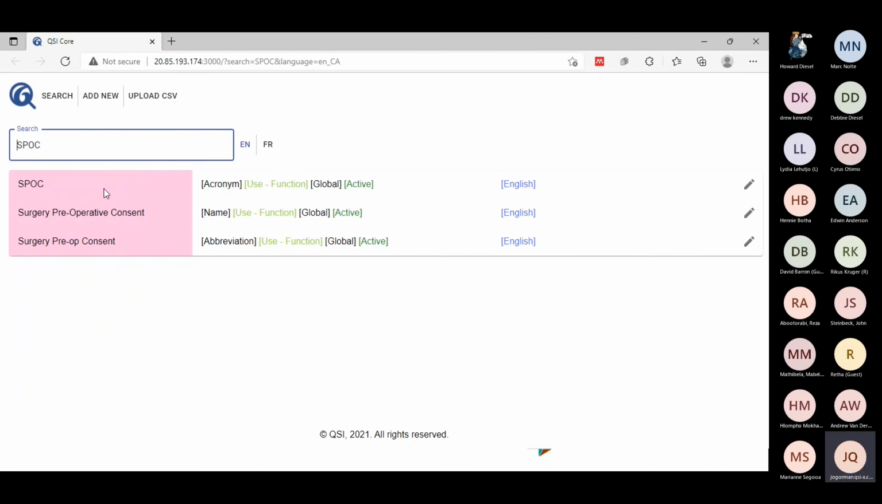So this is an example of where people think, oh yeah, I've got SPOC, and I've got preoperative and pre-op, and yeah, they're all equivalents, and I get it. But if I wanted to do a search on surgery instead,